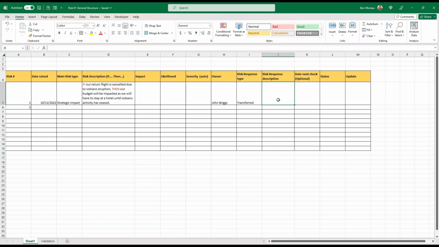So risk response description, it could be travel insurance taken. And here we go. So this way, if this risk happens, then the response is we call the travel insurance. Does not always work, believe me or not, especially with a volcano experience. But you can try. So that next check, let's say next risk assessment, maybe be a